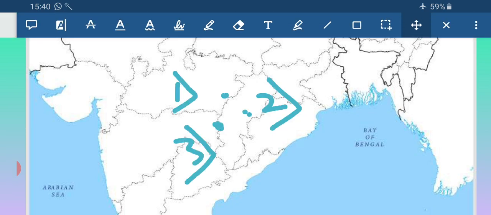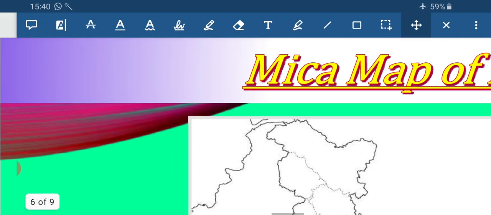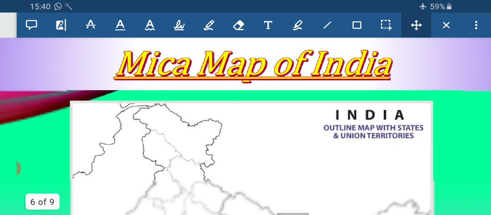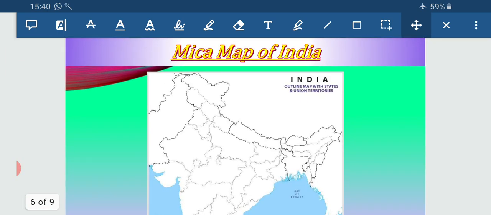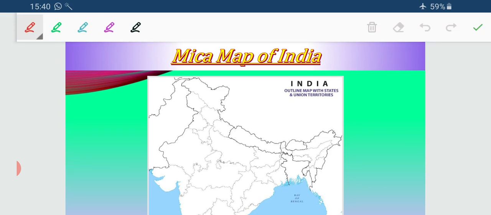Now let us move to the next, that is mica distributions of our country. Now mica reserves are there in northern India also, western India also, and a bit in southern India also. But the areas are not very vast, or too many are not there. Now we are going to plot the mica. Now the first